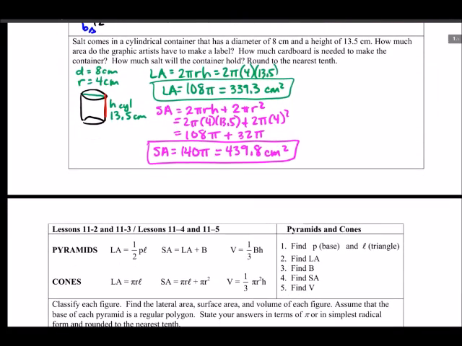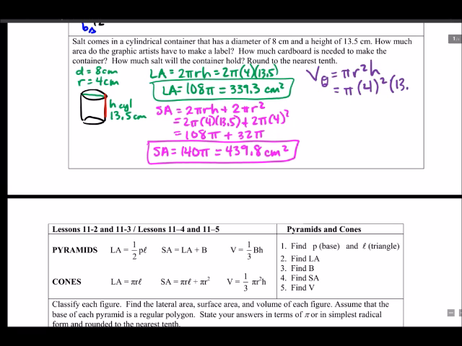All right, our salt container, our word problem here. Our salt came in a cylindrical container, and the height of which was 13.5 centimeters. And so we need to find volume. Volume of a cylinder is always area of the base, pi r squared, times the height of the prism, so pi r squared h. So we simply put in our radius, which was 4 centimeters, square that. The height of our prism was